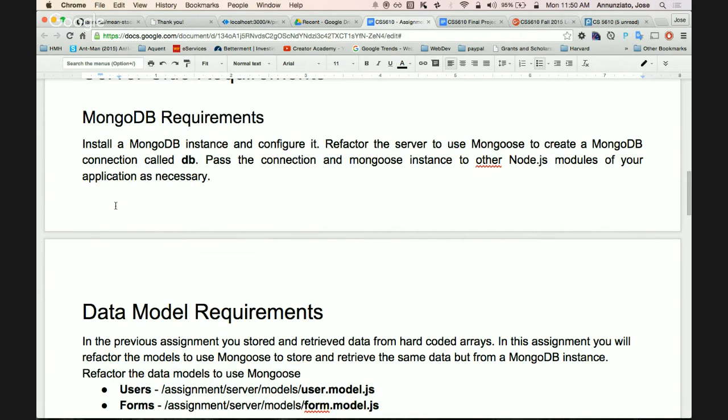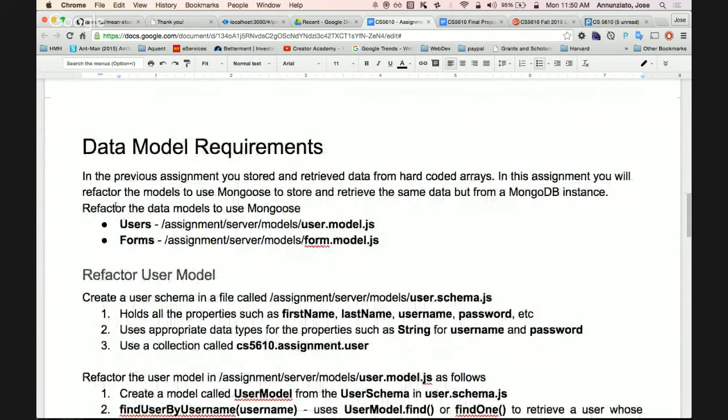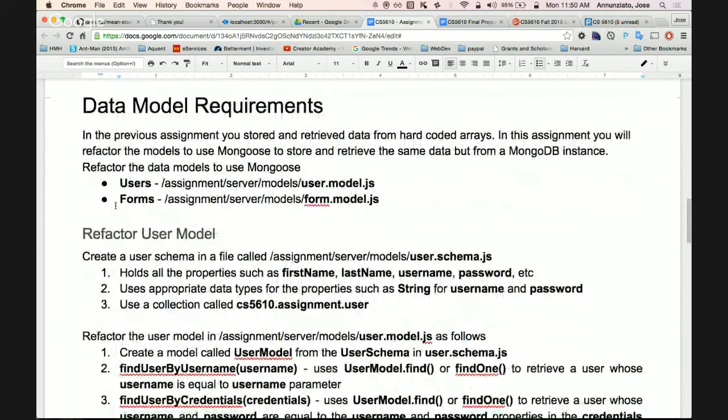Then it asks you to modify or refactor what you already have. You already have user.model.js and form.model.js, but currently they're manipulating an array of objects. So what this asks you to do instead is